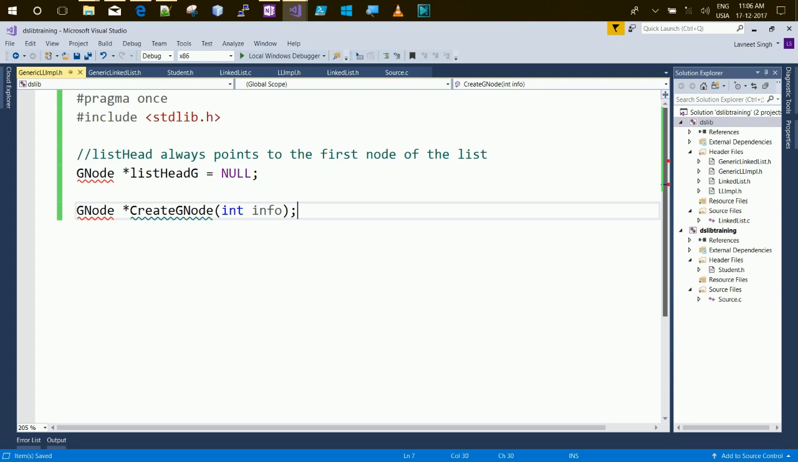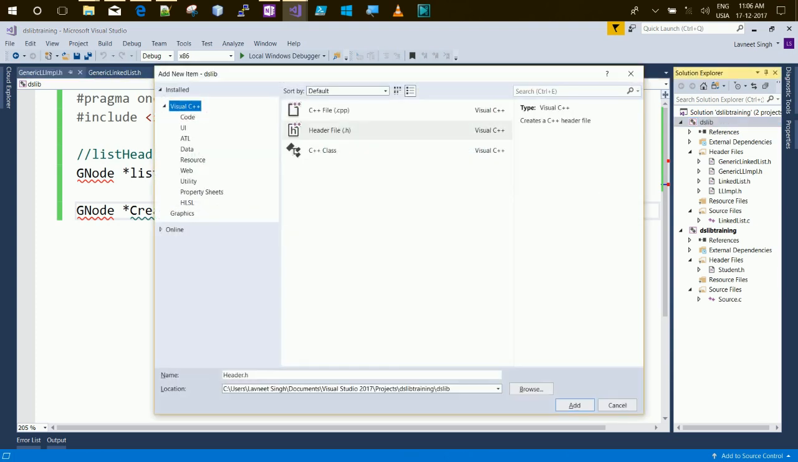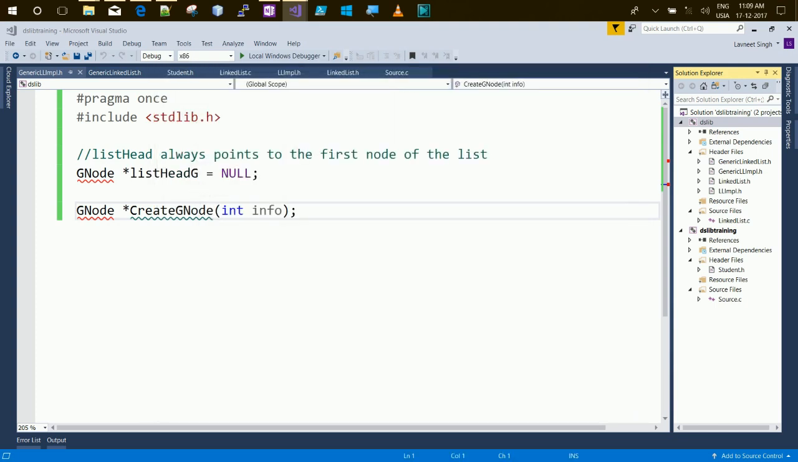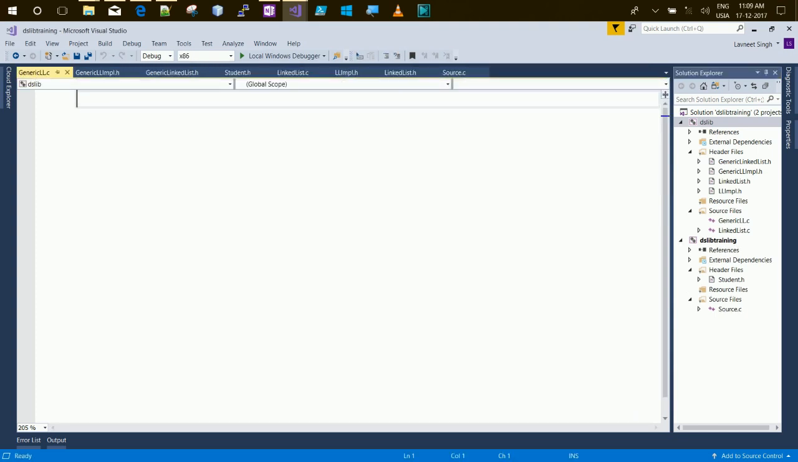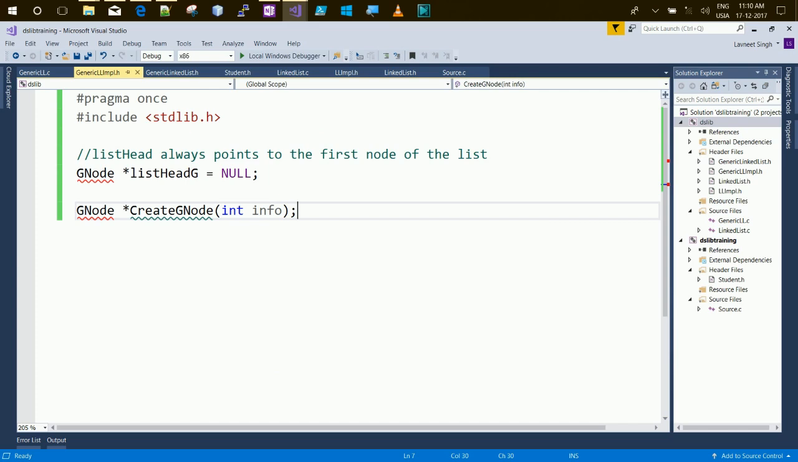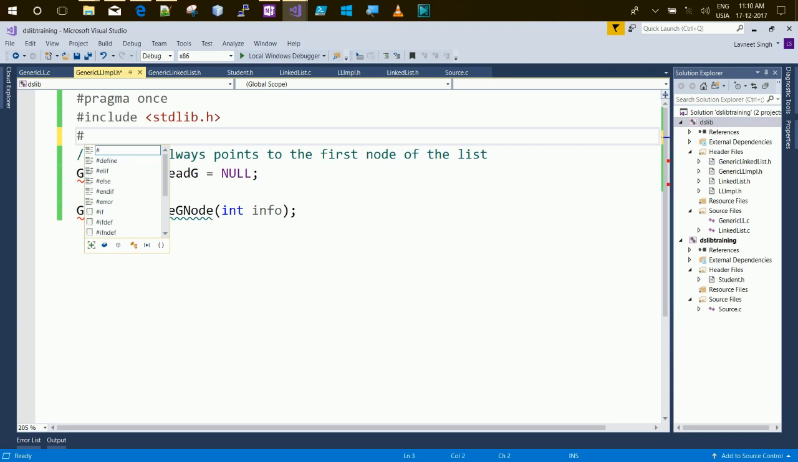Now let's add the implementation file. C++ file, and let's name it generic linked list.c. Add this file. Here we'll implement the interface of our linked list. Okay, and we need to include here generic linked list.h